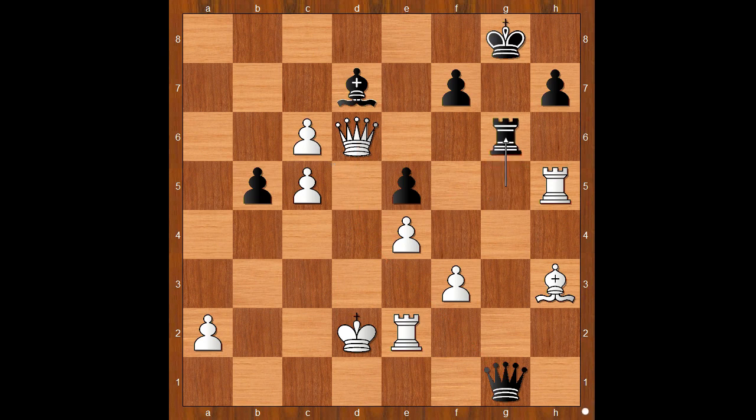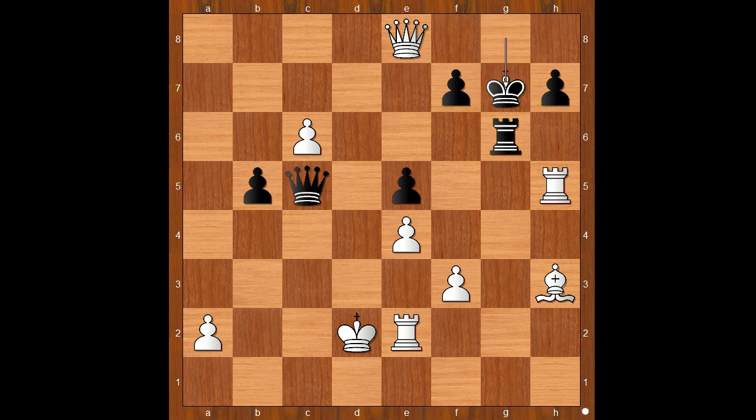Rook to g6 attacking the queen. Queen takes on d7. Queen takes on c5. White played a move and black resigned. The move is queen to e8 check. Black resigned. If king goes to g7, then white can play bishop to e6, or perhaps rook takes on h7 check,